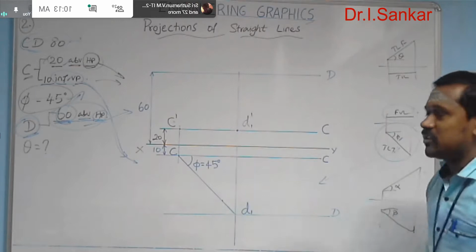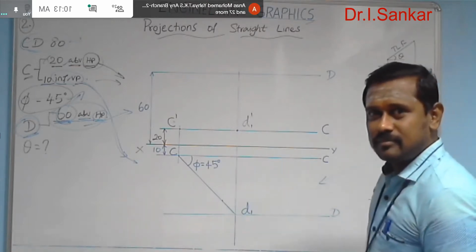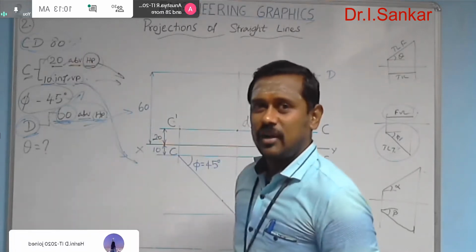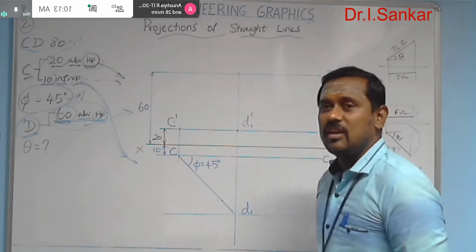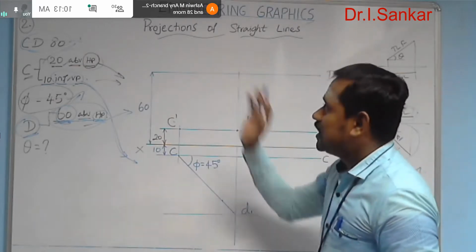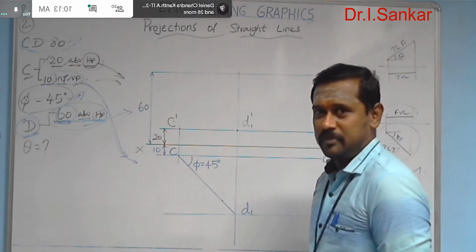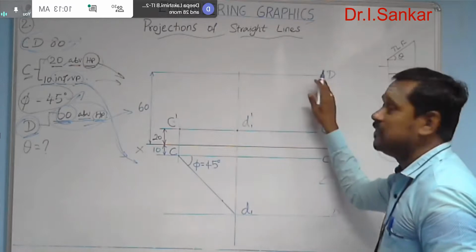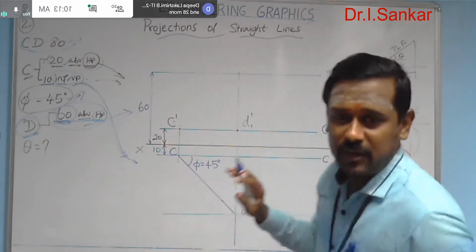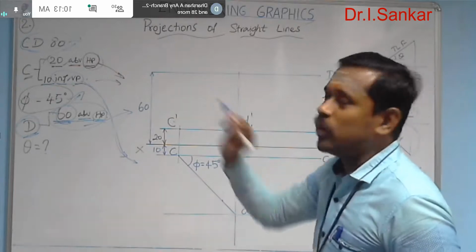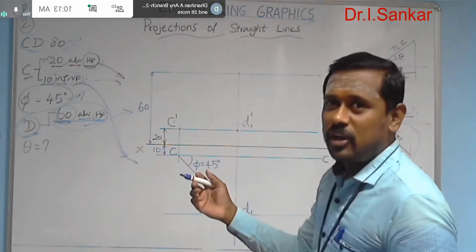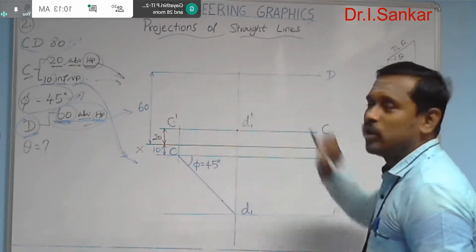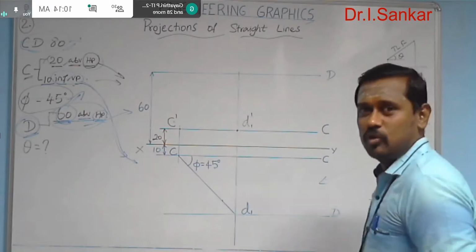And what you can do further? See, you have the true length of the line, but you don't have the inclination of the line with respect to the HP. And what you are already having? You are having the locus of D. So, by using the true length, 80 mm loaded in your compass, if you cut one arc in the locus of D, then you can draw the true length line and you can measure the angle also.